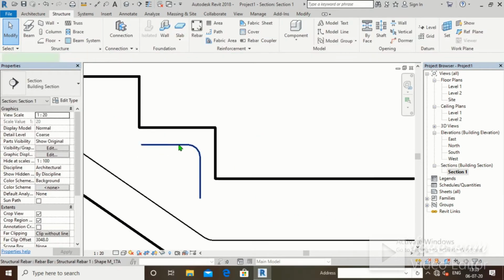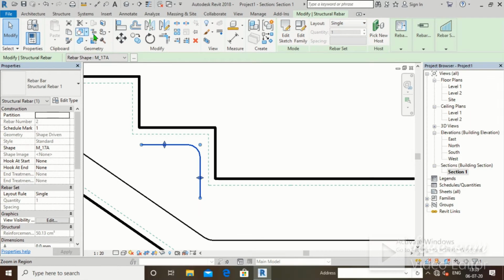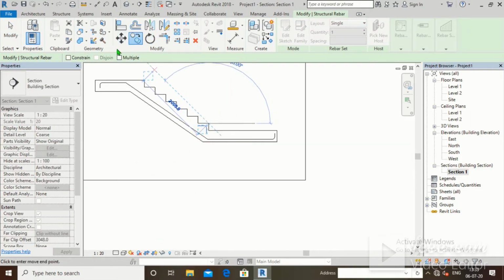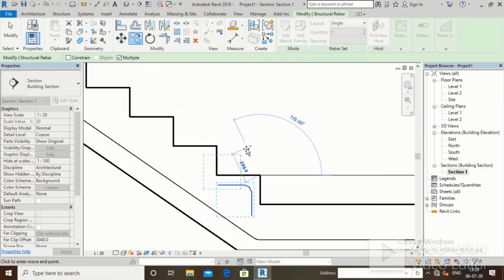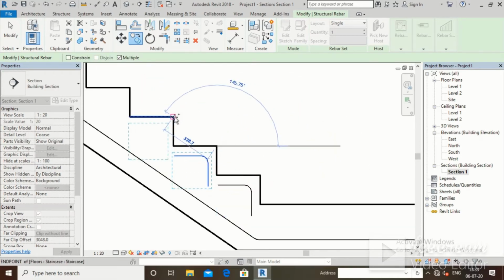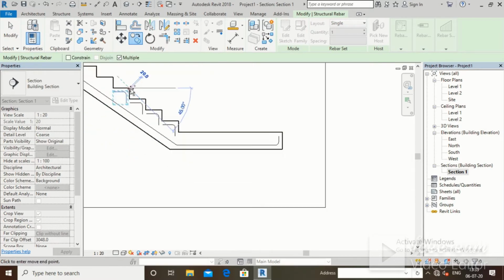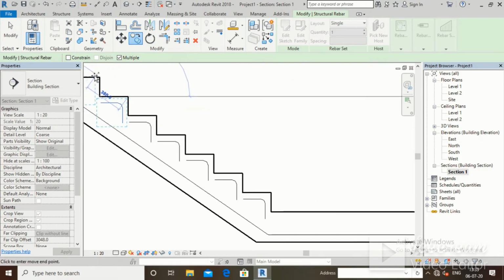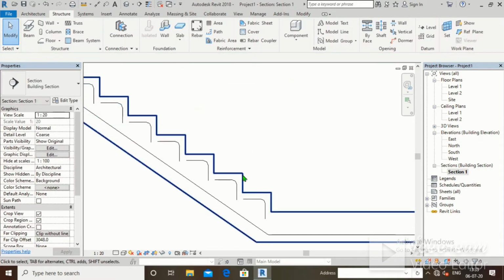Click on copy. We will move it, choose multiple, and copy it. In this way we will copy till last. This is that rebar part.